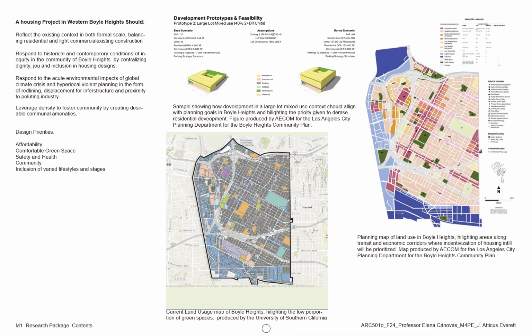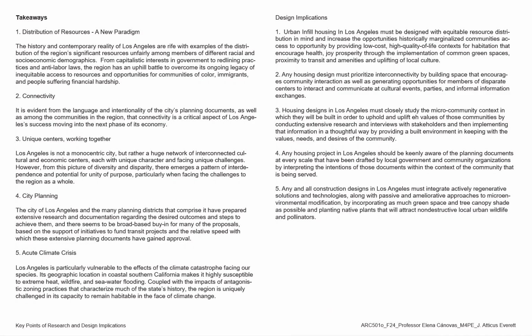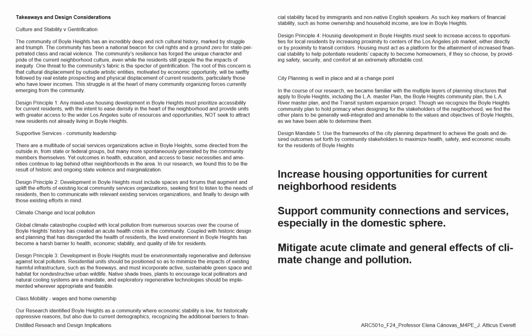In our research, we found a lot of information on the current and planned usage areas within the neighborhood. And we also found out demographic information about the residents to try to construct a clear idea of who our tenants would be. And we kind of ongoingly distilled that research into basically design mandates, which I can let you read through here. But ultimately, the issue of affordable access to housing for the people within the community already, rather than attracting new people to the neighborhood, was important,